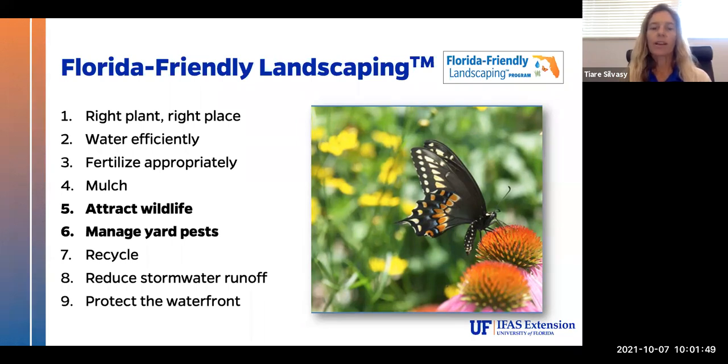Today, our wildflowers kind of cover principle number 5, which is attract wildlife, and